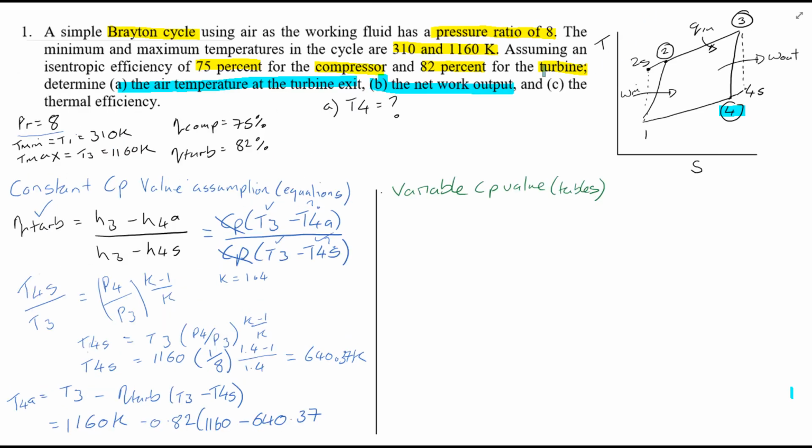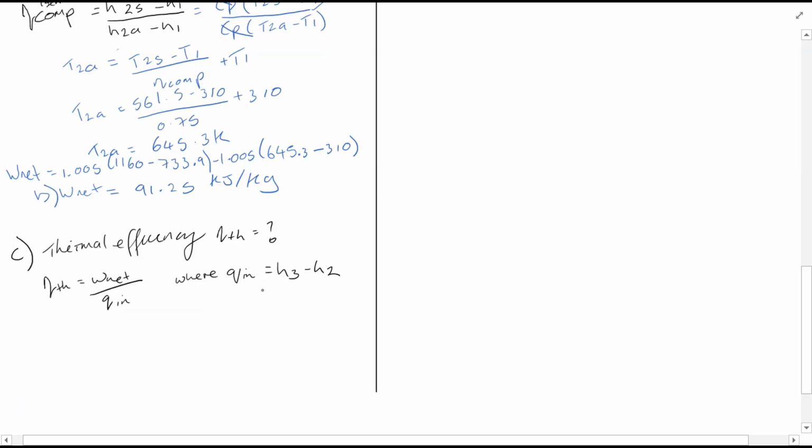Okay, and finally part C is fairly simple, the thermal efficiency. Now we're interested in Q in, since the thermal efficiency is equal to W net, which we previously calculated in part B, divided by Q in. Now Q in, of course, is equal to H3 minus H2. Now, since we're using the CP equations, this is equal to,